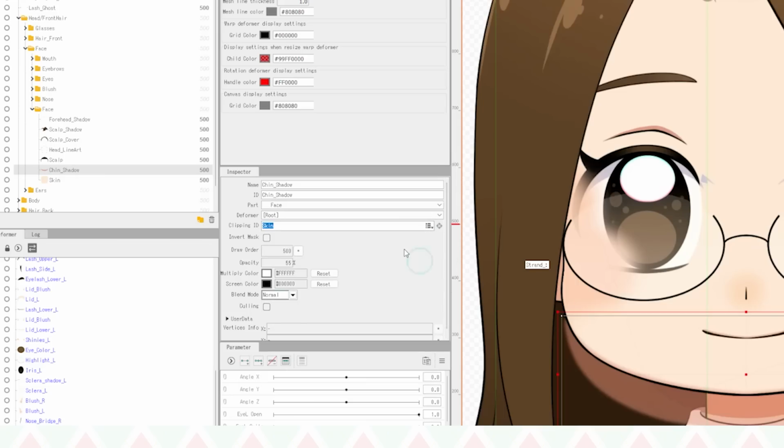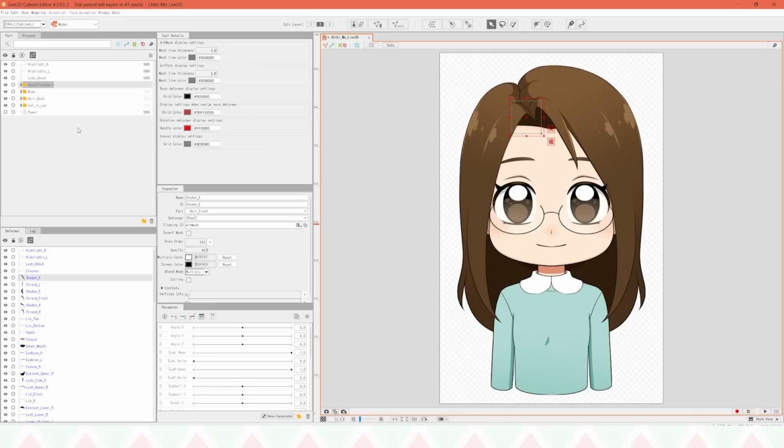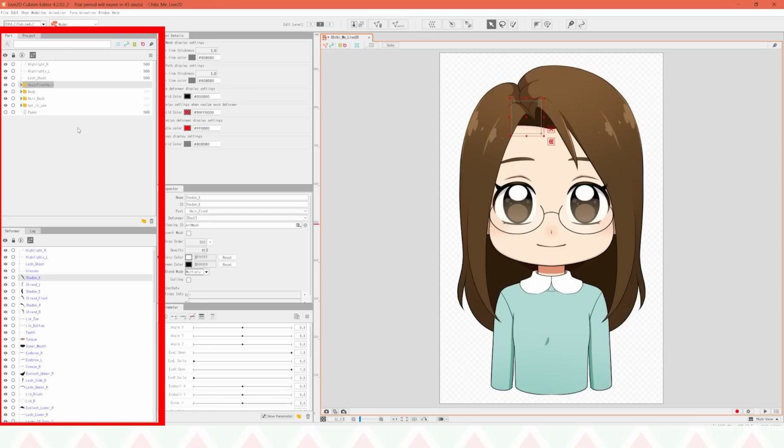And after doing that for all my clipping layers, my model is looking normal again. Yay! When I opened Live 2D for the first time, I was a bit confused by these two windows because